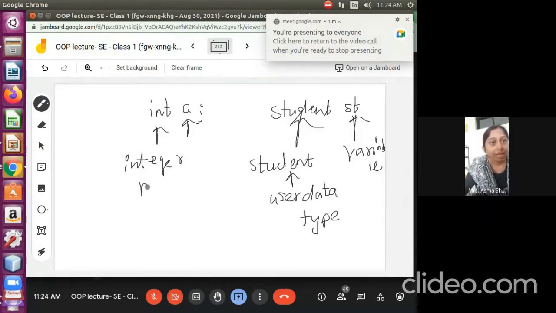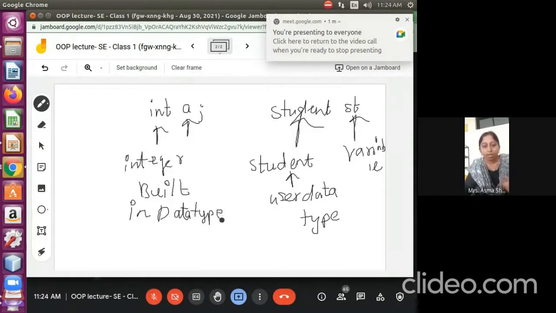And this is a built-in data type. Built-in means the keywords which have already been declared in the programming language. I always told you this example: in the Marathi language, there are some words that are similar but have different meanings in different languages.